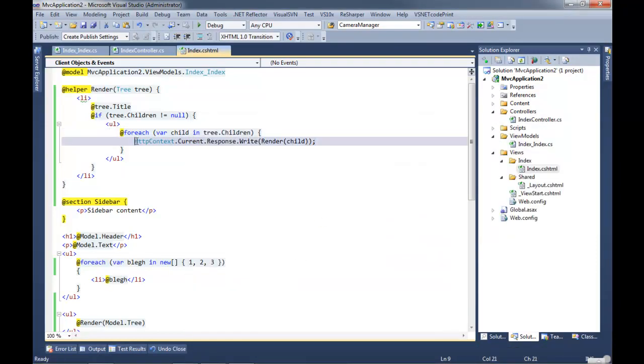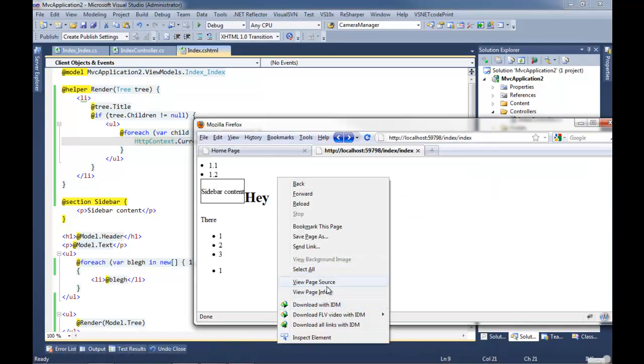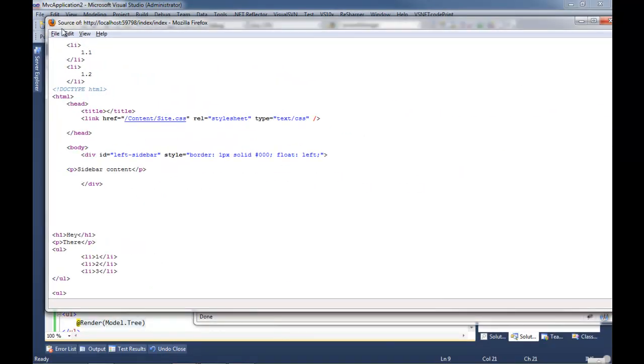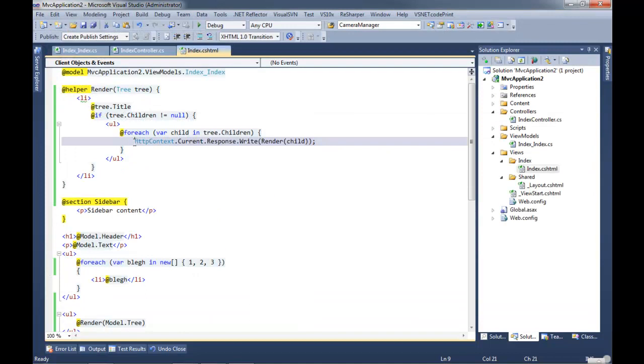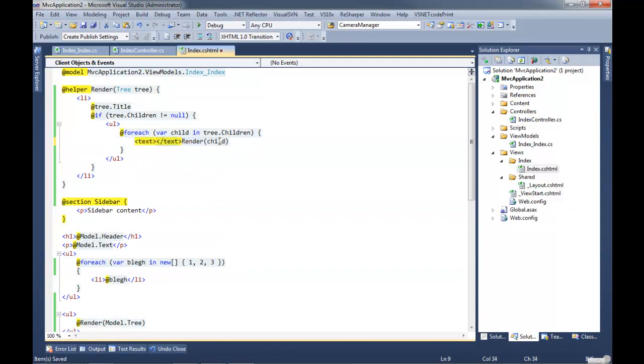And we still get 1. Wait. But look up at the top. Look up at the top. Oh. How did those guys get there? Oh, yeah, because... Okay. This is another pitfall of Razor. The pitfall is this code is being deferred executed, I guess you could say. So when I say response.write, it's writing it when it's executed, but the results of this are stored into another variable that's printed after. So I think what I have to do is use the text writer. I think actually this might have been what I did before, and then rewrap that in a little nugget.